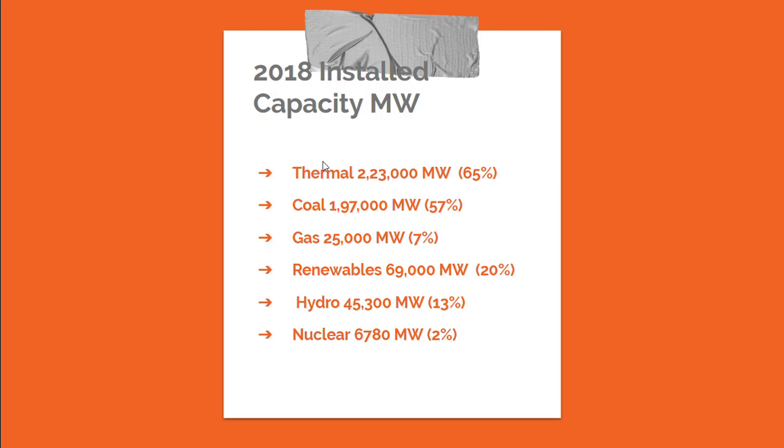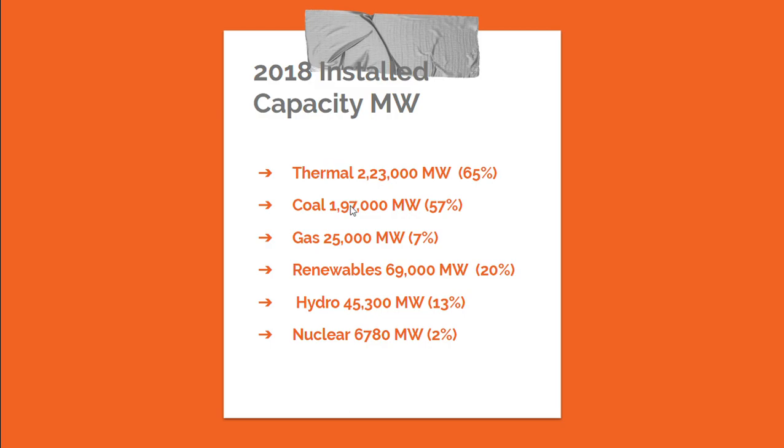Of this thermal, the major component, and you must be knowing this, comes from coal. So the coal is about 57%, the gas is 7%, this 65%, this 57 plus 7 is approximately 65. There are some other minor thermal contributors. So in the installed capacity in megawatts in Indian power sector, thermal is a major parameter which is contributing to